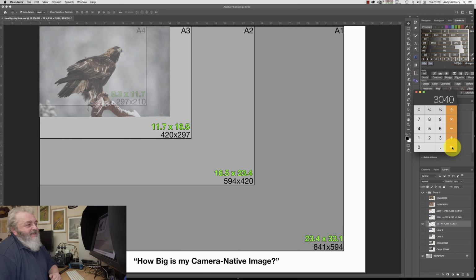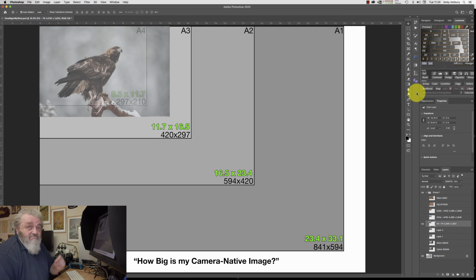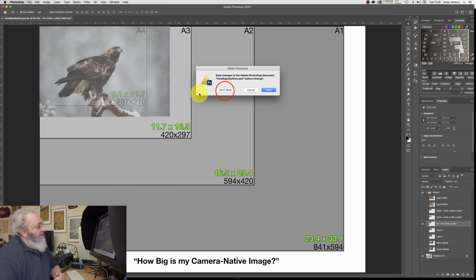Okay, so hopefully that's given you point number one, food for thought, and has cleared up the fact that the physical size of the sensor doesn't really matter when it comes to how big the native size of your image is. So what I'm going to do is I'm just going to quit that now,